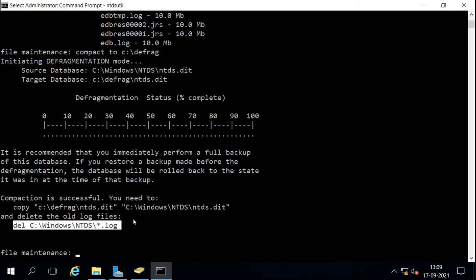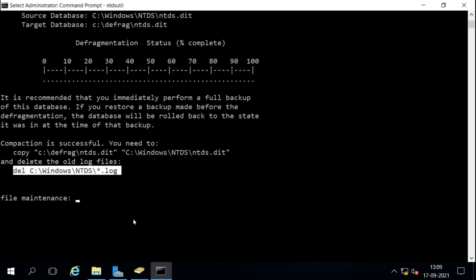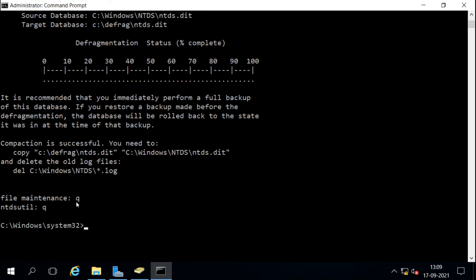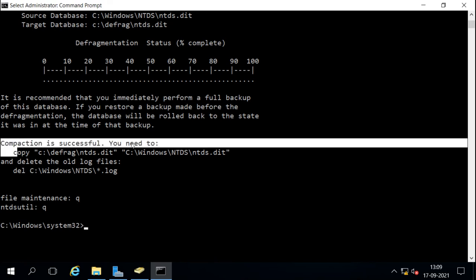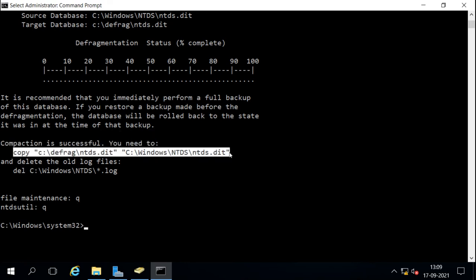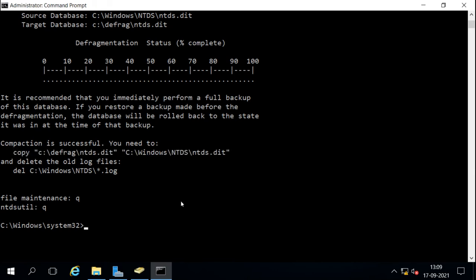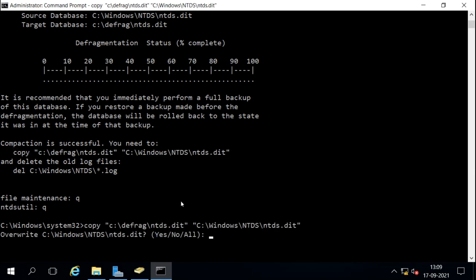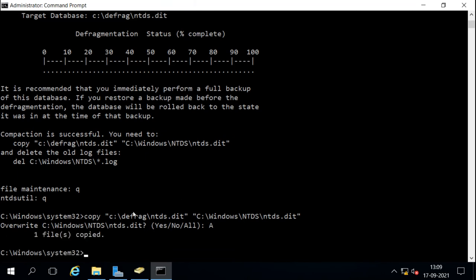So how can we do that? After this we will do what? We will quit from here. Then it says to copy, so I will use the same command here. It is giving me the command, so I will copy this, and then I will delete the log file also.